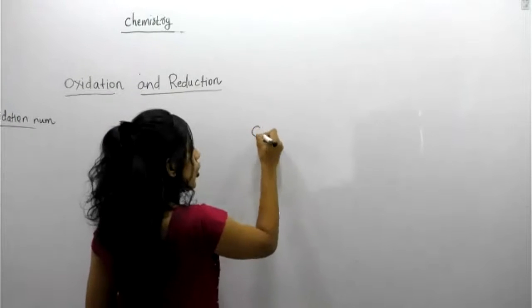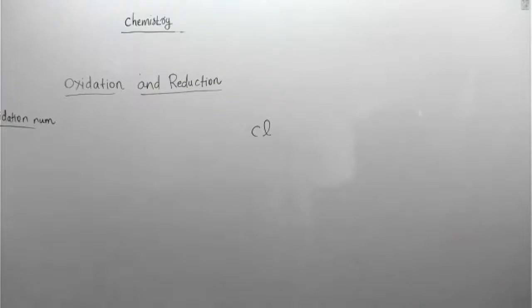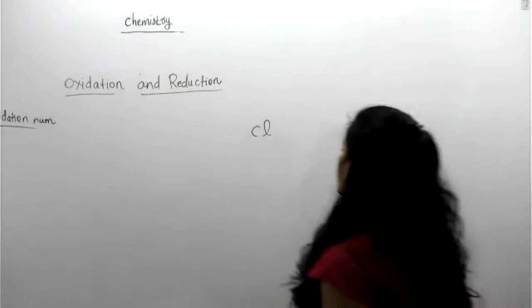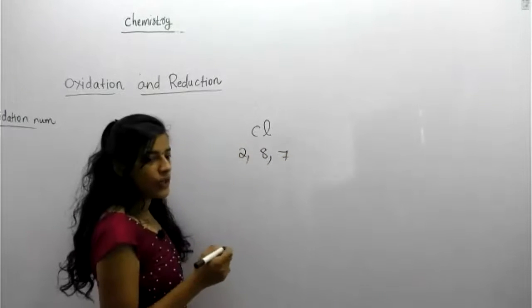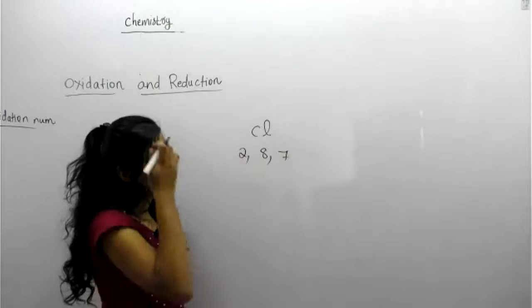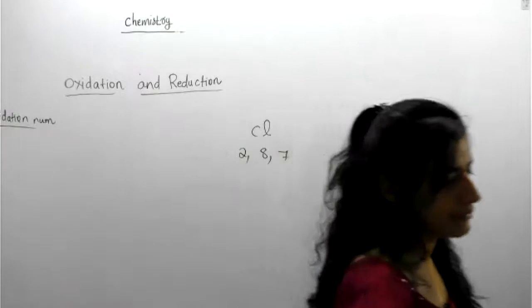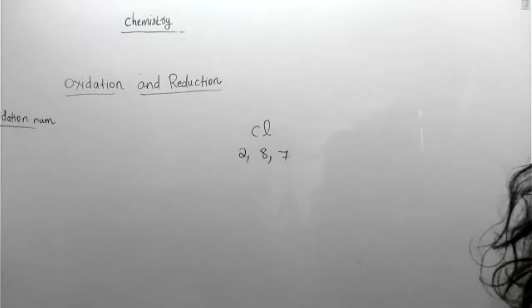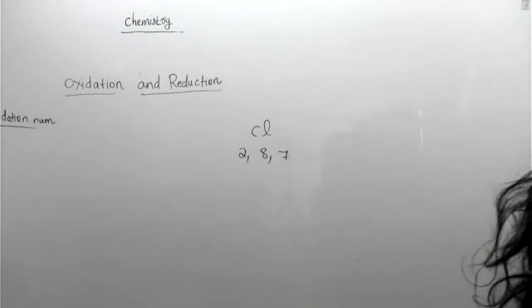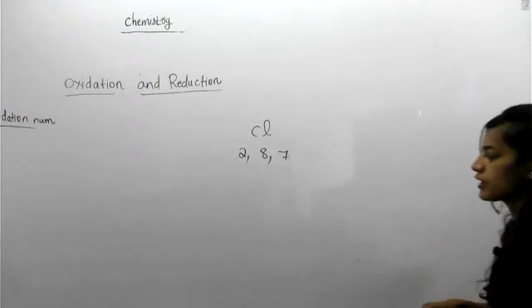Okay, some more to check. Suppose in the case of chlorine, what about the oxidation state? Oxidation state means removal or acceptance of electrons. For that, what do you want to do? You want to write down the electronic configuration, 2, 8, 7. So for getting an octet, will it accept electrons or remove electrons? Tell me, students. Stability or octet formation, it will accept or remove? Accept electron. So how many? And at the same time you want to specify the oxidation state also.